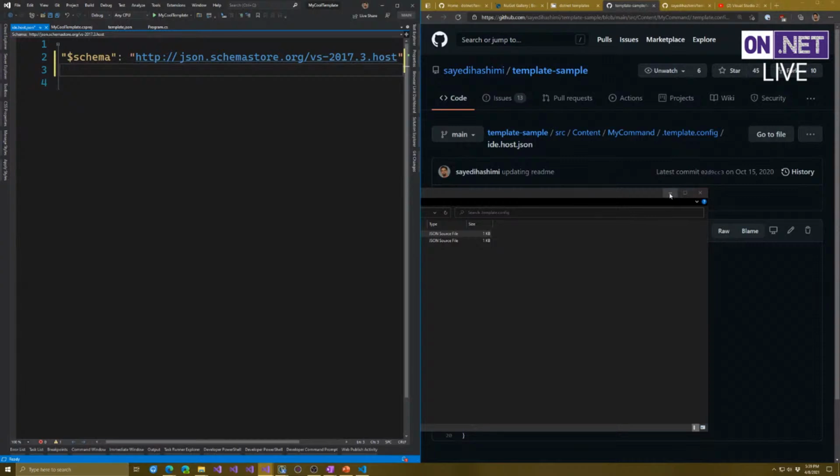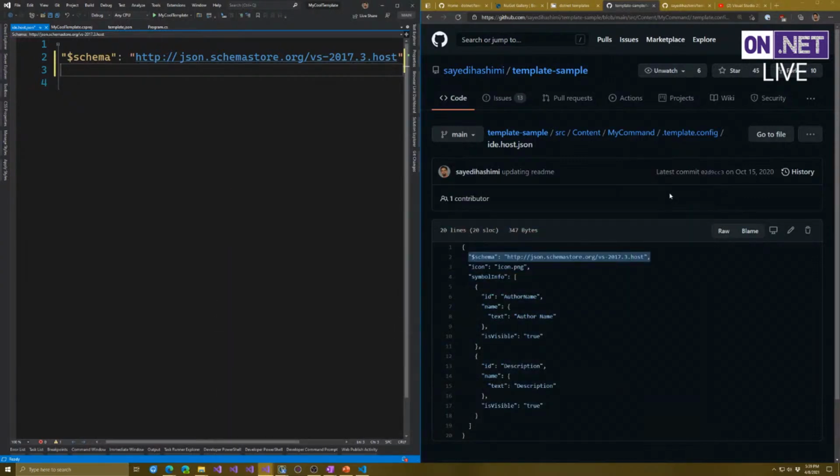All right, so now let's take a look at this. This is a key file. If you don't have this file, your templates will not appear. They just will not appear in Visual Studio or Visual Studio for Mac. So this file is an indication that says, hey, this template is ready for being shown in IDEs like Visual Studio and Visual Studio for Mac. And then what I'm going to do, I'm going to go and grab